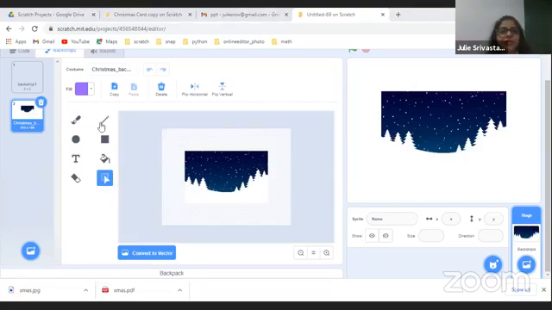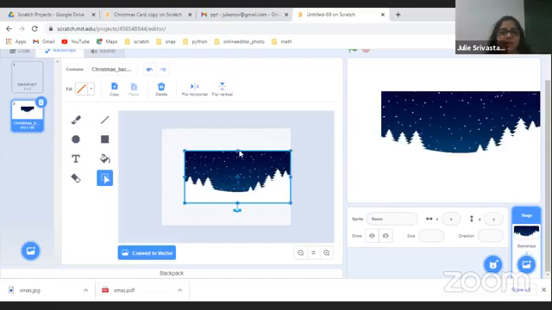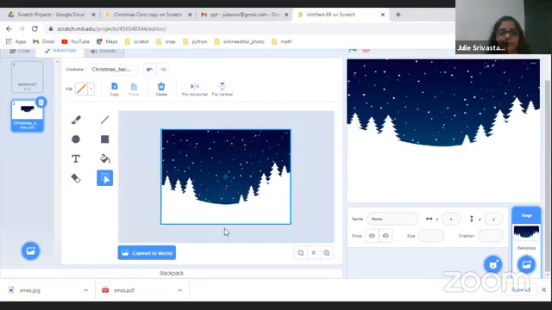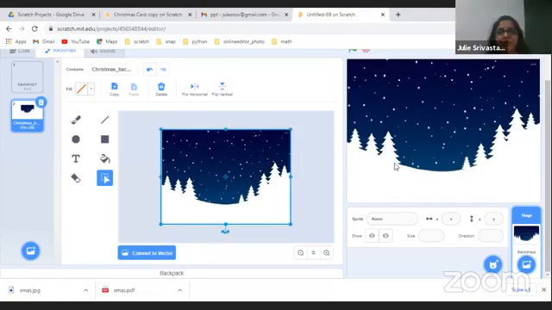What we're going to do is, these are the options here. This is a select option. I'm going to create a rectangle with the select option. Once I do that, I get a blue line with a few dots. I'm going to go to the center dots of each side, and I'm going to pull it out. Once I pull it out, it actually helps me scale it. So now you can see my stage is filled with the backdrop.